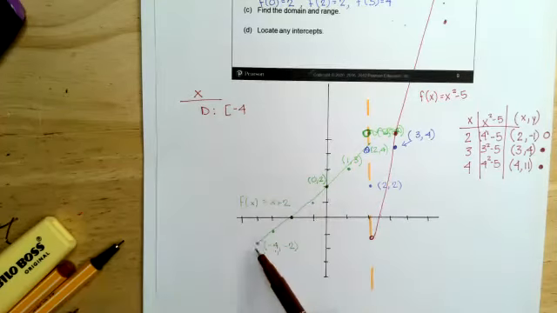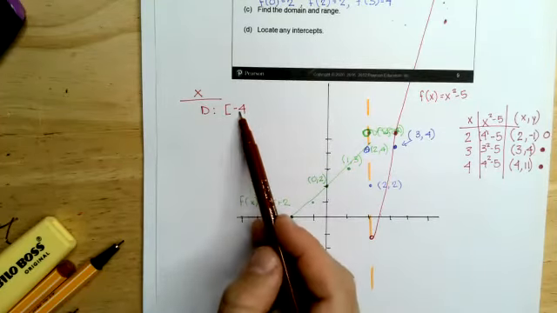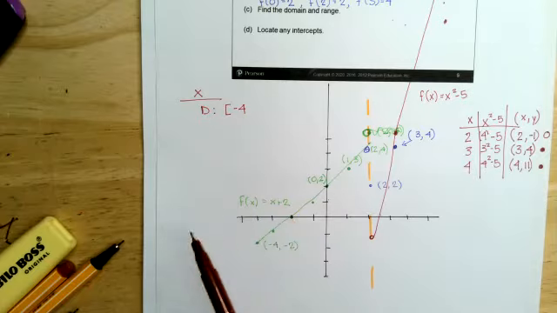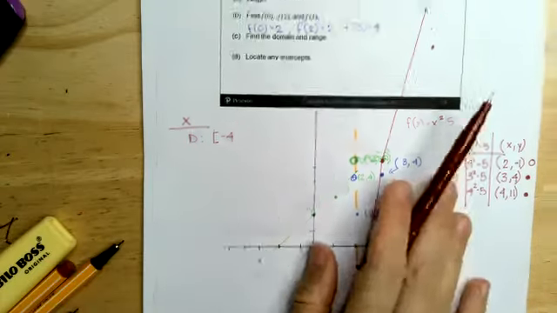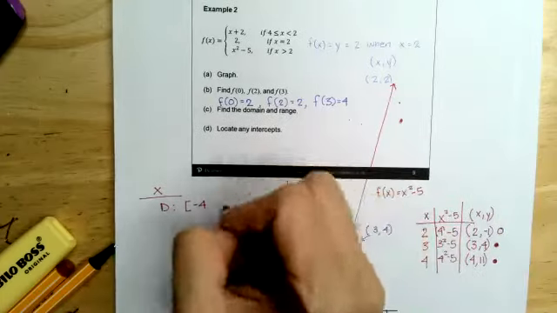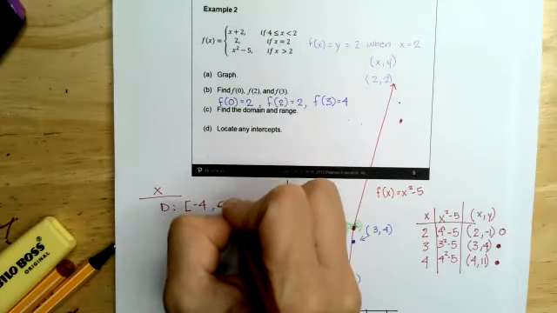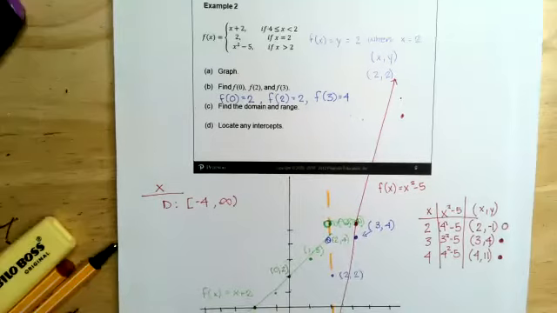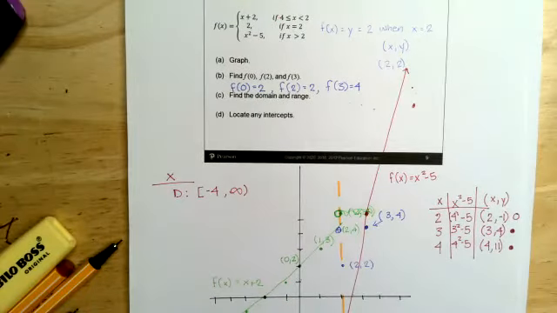It's a closed circle, so it's the brackets instead of the parentheses. It includes -4, it includes the point -4, and then we have the arrow going forever. So on the x-axis, that's infinity. Good. And then the range,